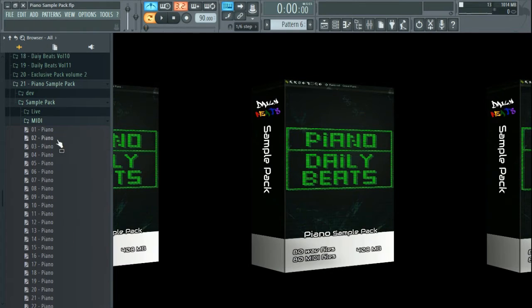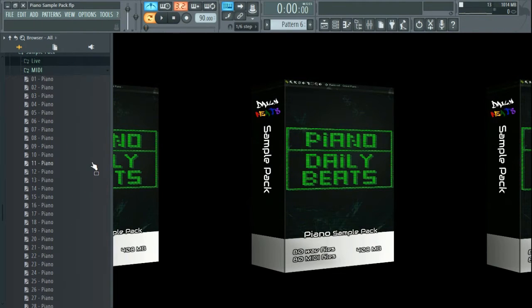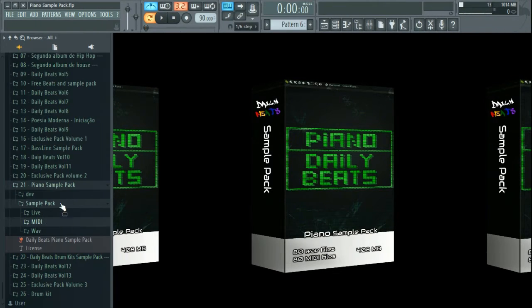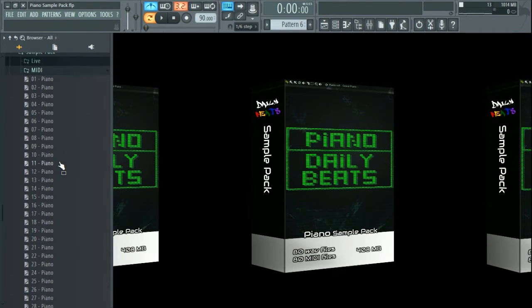And then we have the MIDI information that created the WAV files. So this is it for the sample pack. There's not too much to it. It's only the WAV files and then the corresponding MIDI files.